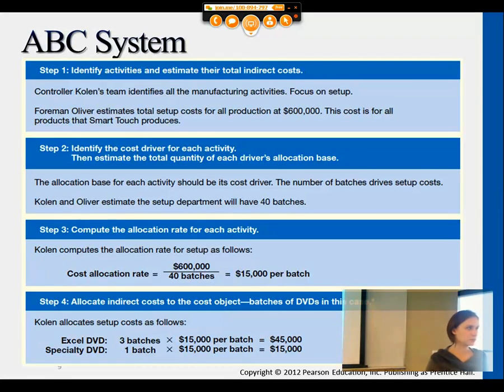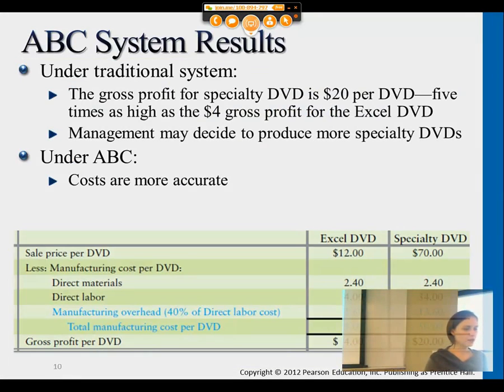There are 2 problems from 18. Okay, so let's look here. So just like as we discussed, we have 2 systems, right? One is traditional and the other one is an ABC. Your traditional is what we've done last class. It's very straightforward, okay? All of your costs divided by all of your, and you get some number. Now, ABC allows you to be more precise. So how is it more precise? So under traditional system,